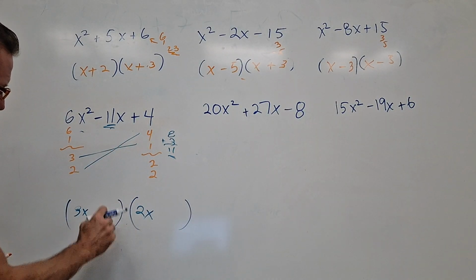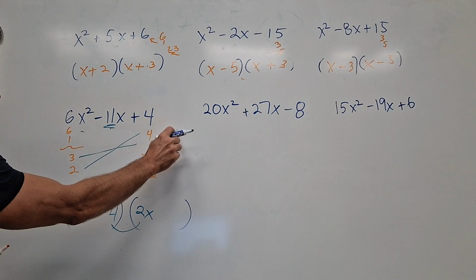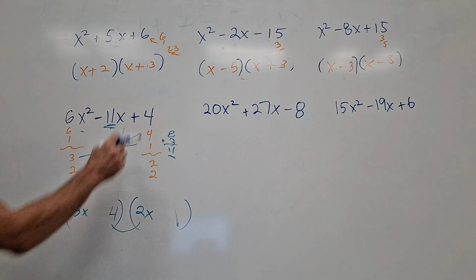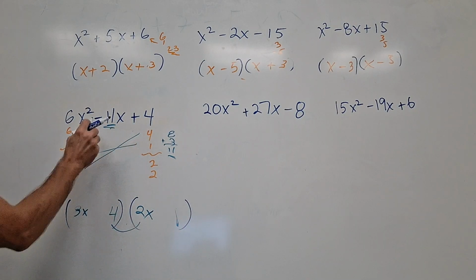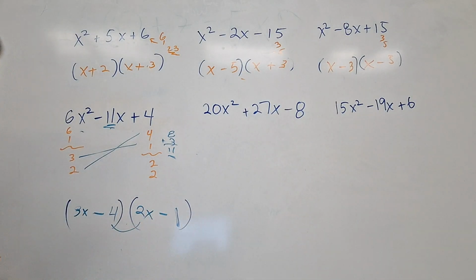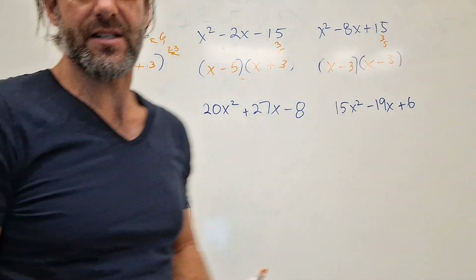The only way 4 is going to multiply by 2 is if I put it right here. Now that makes the 8x, which is what I'm trying to get. It means the 1 has to go in the other slot. Plus here, negative here. It's the sum of the products. So it's minus minus. Okay, you see that's not that bad, but you can see how the process is pretty